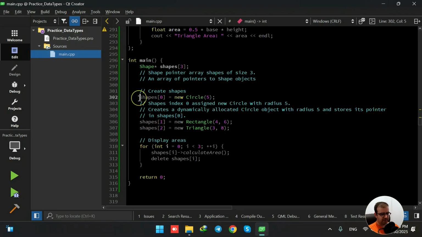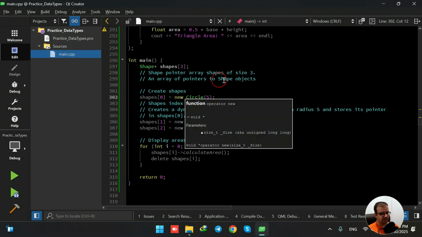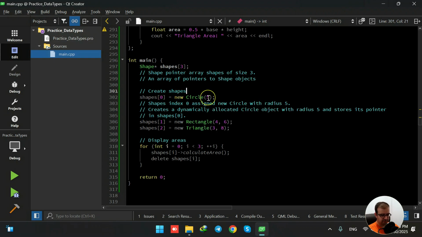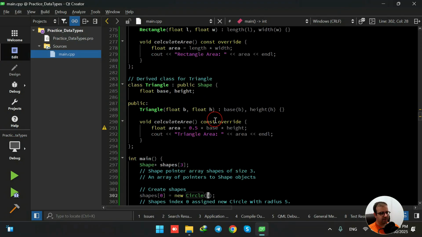So here, for example, in this one, shapes index 0 assigns new circle with radius 5. Okay, new circle with radius 5. So it creates a dynamically allocated circle object with radius 5 and stores its pointer in the first element of the shape array. Okay, now here when we are having this circle and then the 5, when we go back up here again,